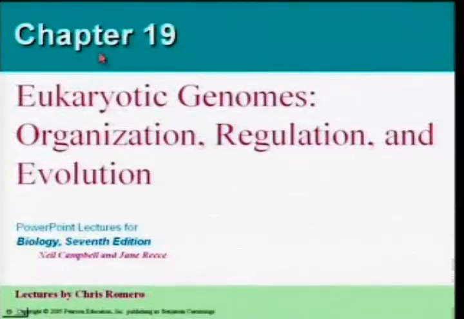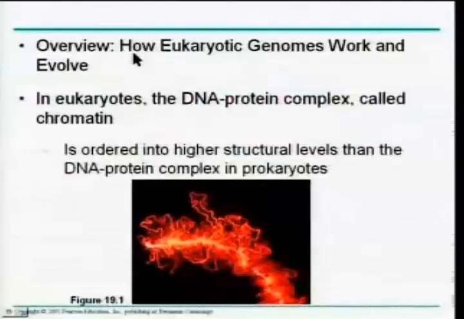This is lecture 19 on chapter 19, titled Eukaryotic Genomes: Organization, Regulation, and Evolution. As an overview, we note how eukaryotic genomes work and evolve. In eukaryotes, the DNA protein complex, called chromatin, is ordered into higher structural levels than the DNA protein complex in